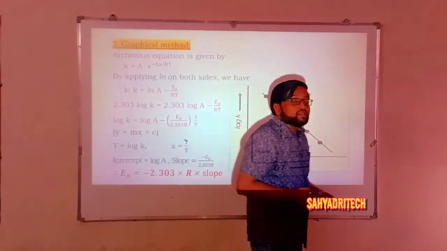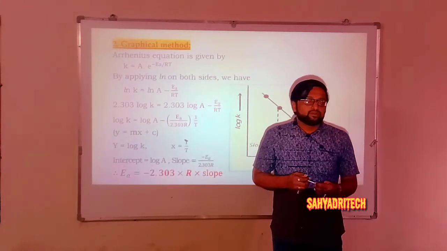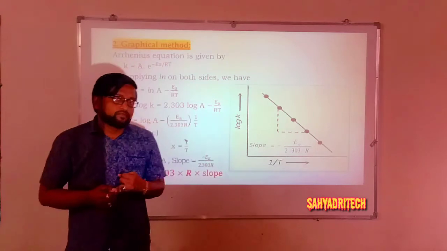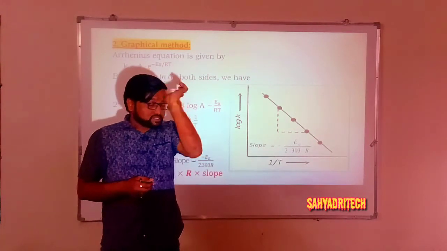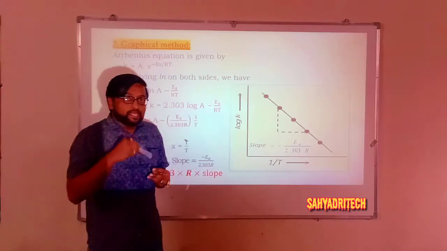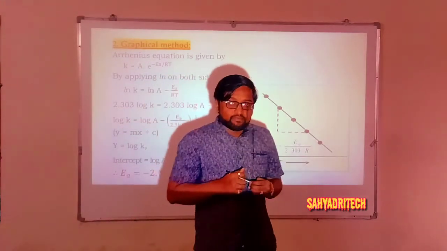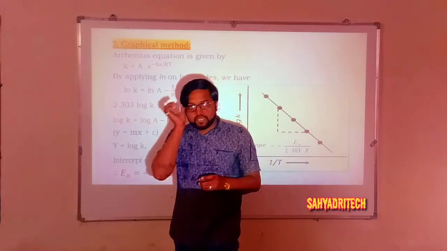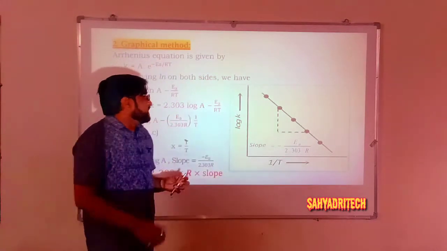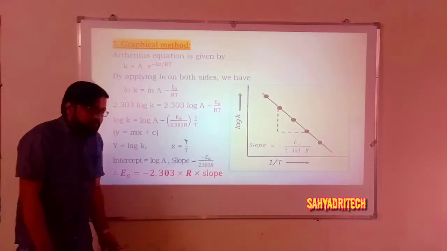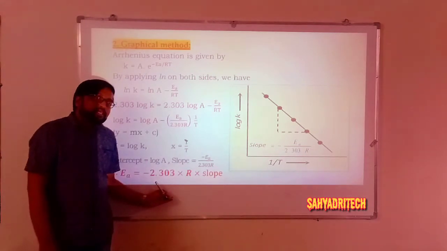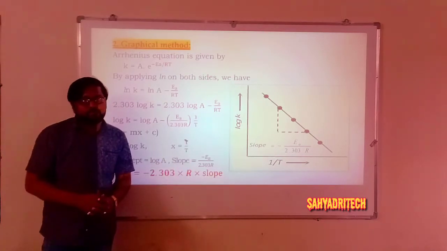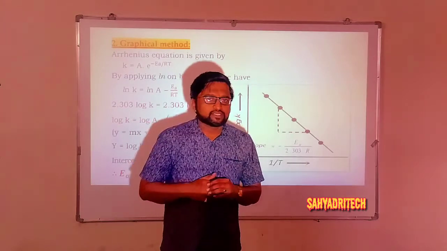So it is regarding calculation of activation energy. We came across two methods. One is the rate constant method and the second one is the graphical method. So in the rate constant method, what is the equation to be remembered? Log K2 by K1 is equal to Ea divided by 2.303 R, bracket of T2 minus T1 divided by T1 T2. And regarding the graphical method, what is to be remembered here? Ea is equal to minus 2.303 into R into slope of the straight line. Well, I hope you understood all these concepts.